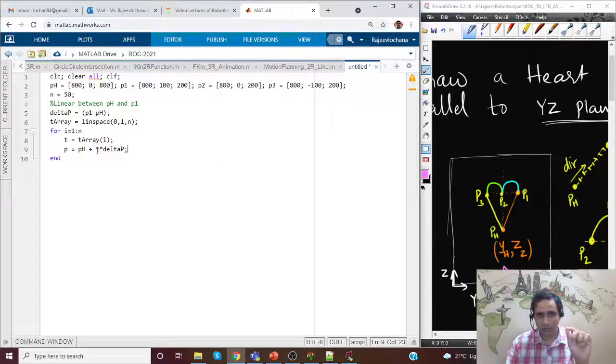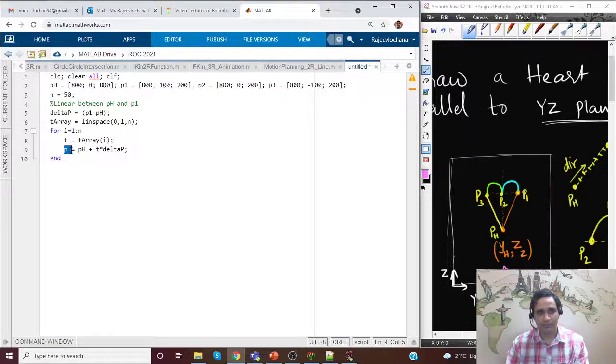If t equal to 1, you will have PH plus delta p into 1, so delta p is P1 minus PH. PH will get cancelled, so you will get P1. So we are moving from PH to P1 in linear interpolation. That is what it is.